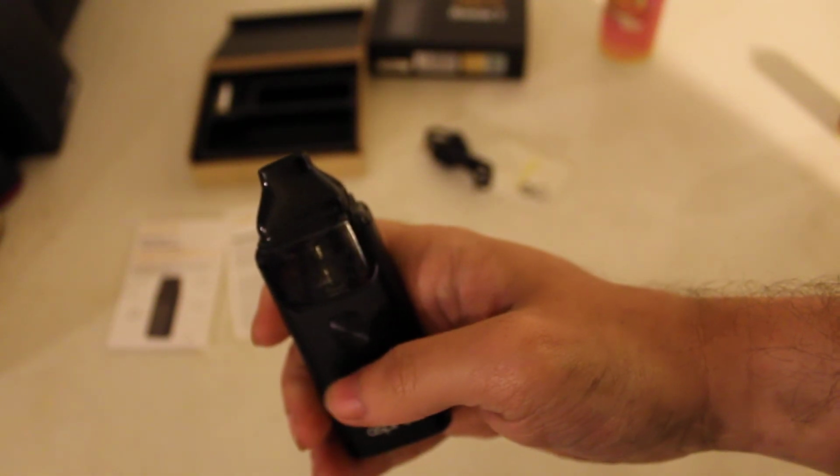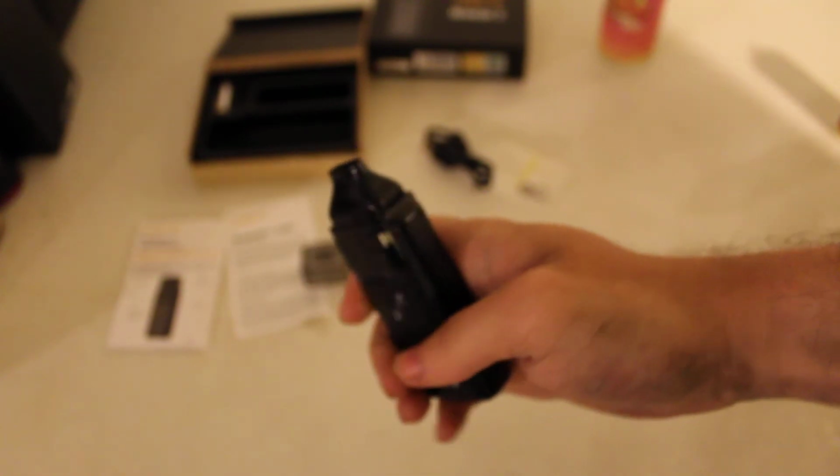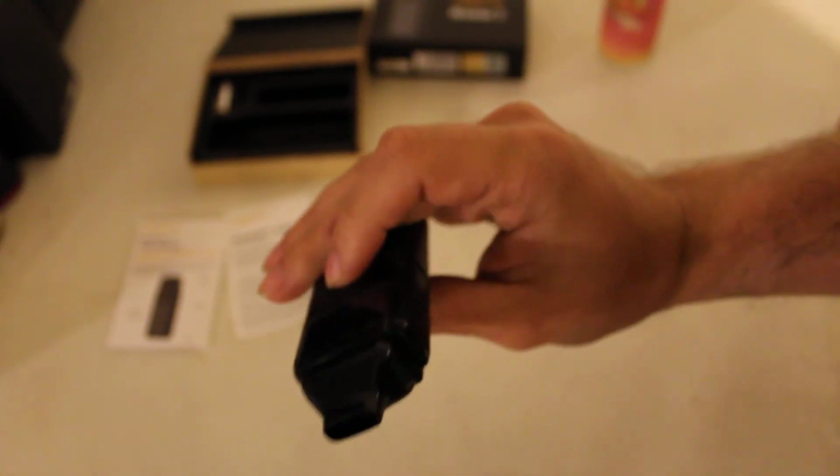This one, so 1, 2, 3, 4, 5. I don't know if the camera got it, but that little light that just went on there shows that it's on, and it lights up again when you're vaping, which I shouldn't do that. I should be putting it in my mouth, but just to kind of let you know. How's the clouds and the flavor? Well, this one being my first pod system and using nic salt for the first time, it's a little rough. I do get a little bit of harsh throat hit. So it's something that you can't really hold in your mouth and blow out your nose. It's something that's kind of like, quickly you blow it in your mouth and then you blow it out, kind of like a cigarette with